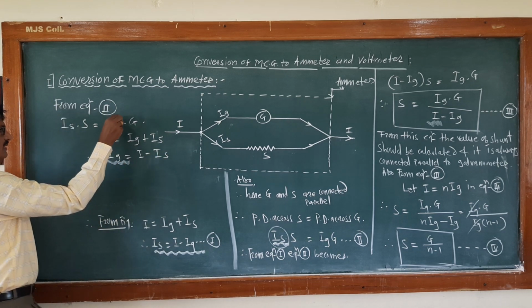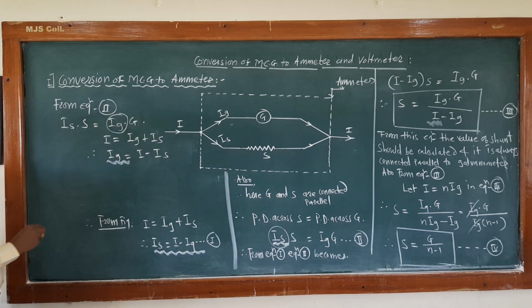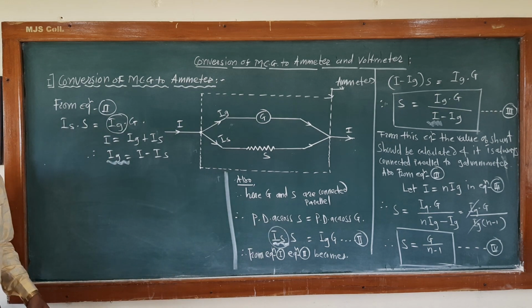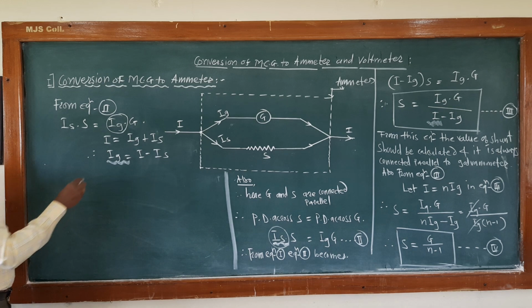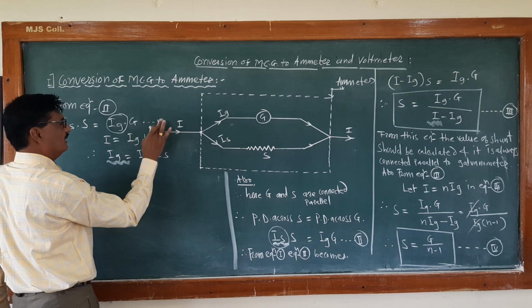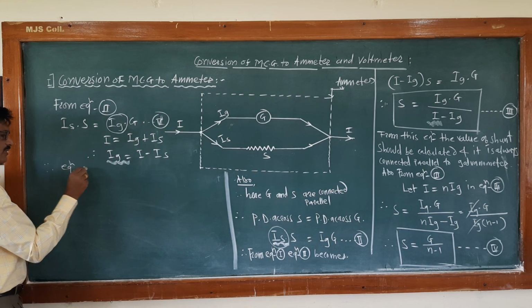If you substitute this value of Ig in the above equation, number 4, I call this equation number 5. Therefore, equation 5 becomes